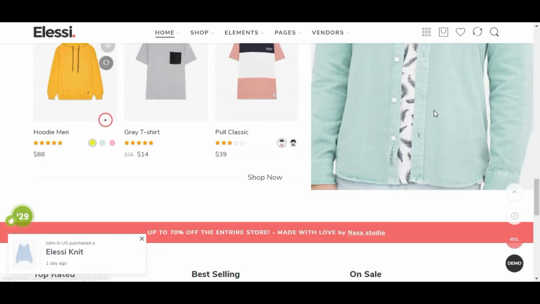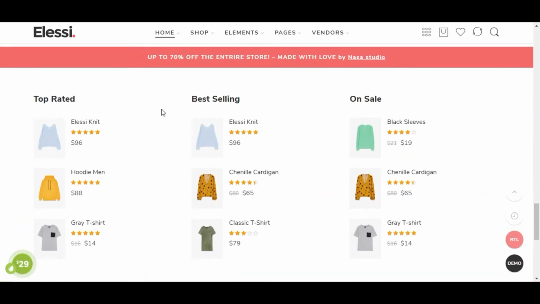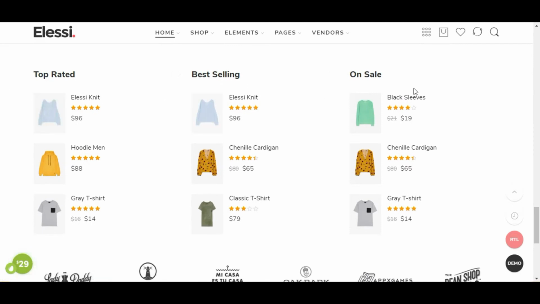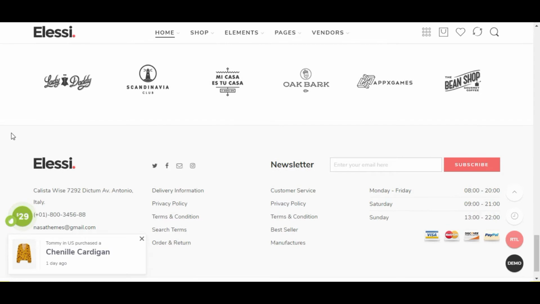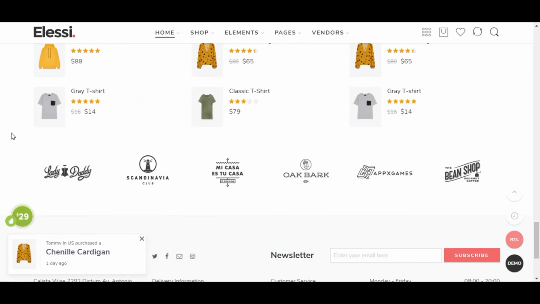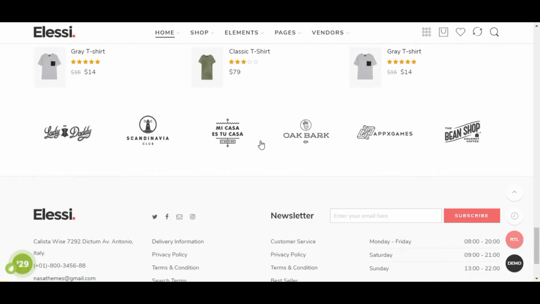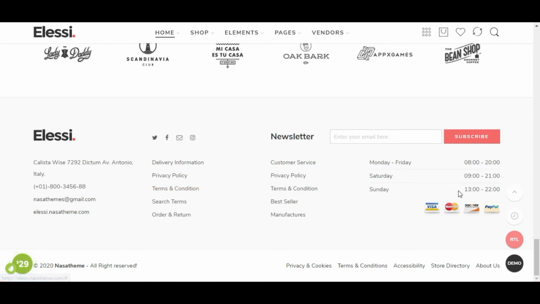This is the men category, as you can see, and these are some of the widgets they have included, like best selling items, top rated items, and on sale products. These are some of the brands they have products for on the market, so you can add all the brands you are selling products of here, or any other brands you have. This is the footer of the website.